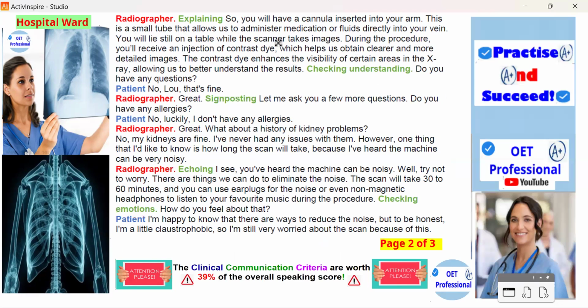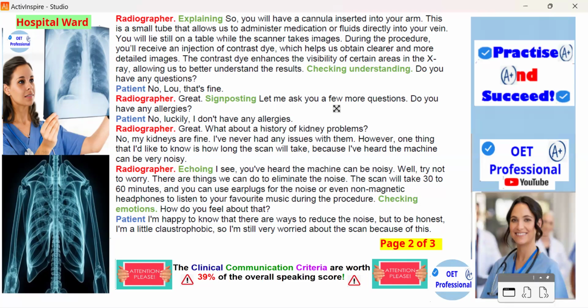During the procedure, you'll receive an injection of contrast dye, which helps us obtain clearer and more detailed images. The contrast dye enhances the visibility of certain areas in the X-ray, allowing us to better understand the results. Do you have any questions? No, Lou, that's fine.